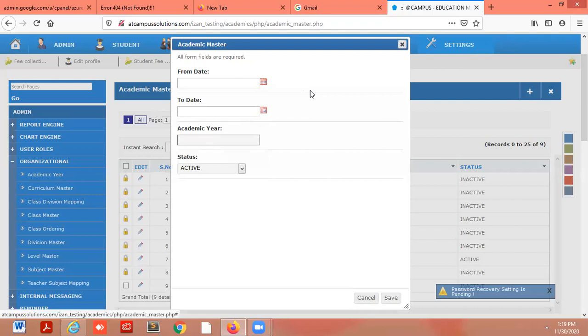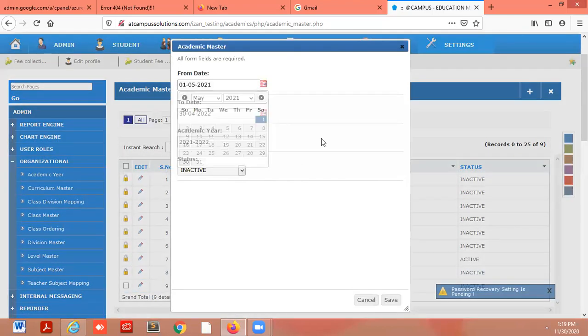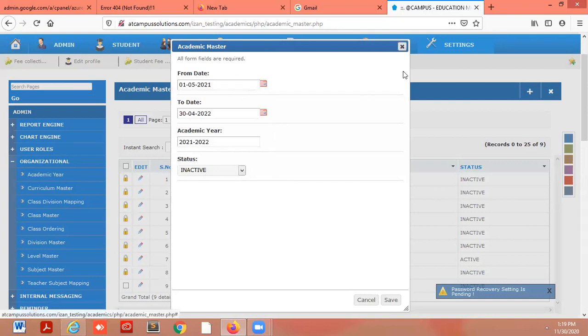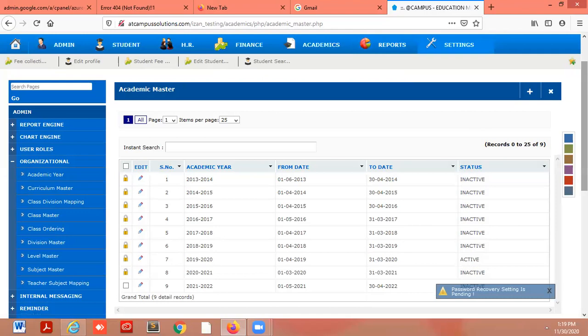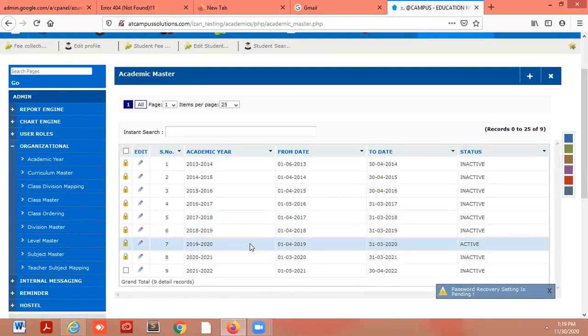For example, you can see here the start date is 1st May 2020. You can select directly from the calendar and type the academic year. Right now we have already created it. So this is the process of creating the academic year. Out of these academic years, right now the active academic year is 2019-20. Active and inactive is the status,